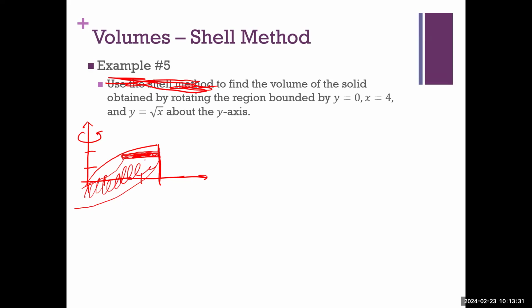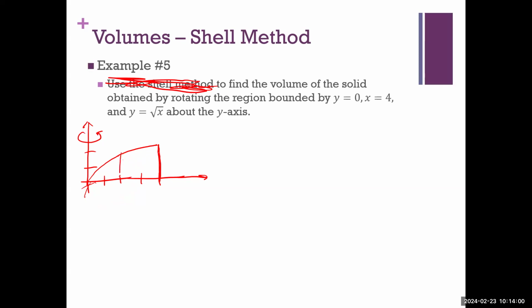So that's not going to be a thin shell. That's going to be a solid disc or a solid washer. So that combination right there, I am mandating that we rotate around the y-axis. If you choose to make dy rectangles, you are opting for the washer method, which is fine. We can do that, except that